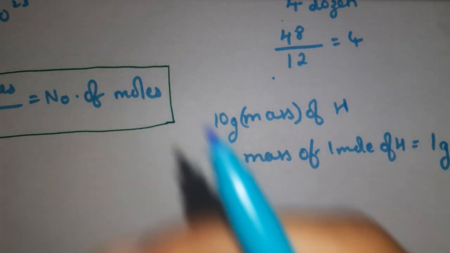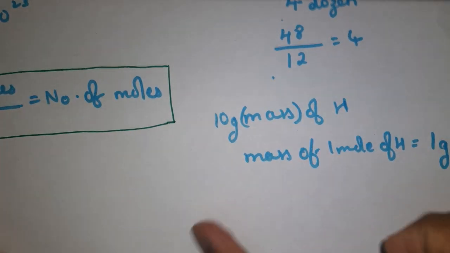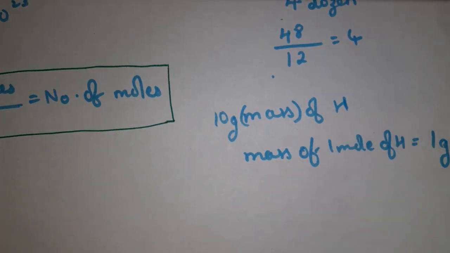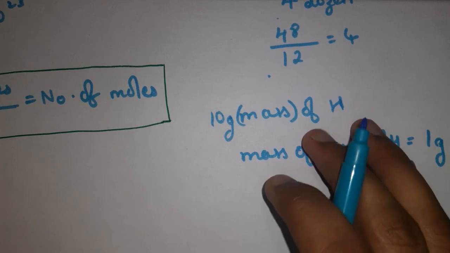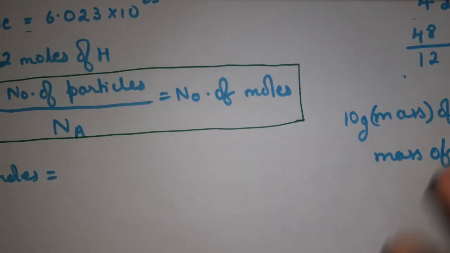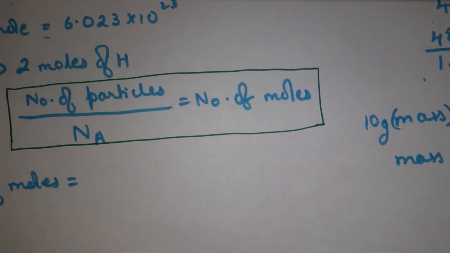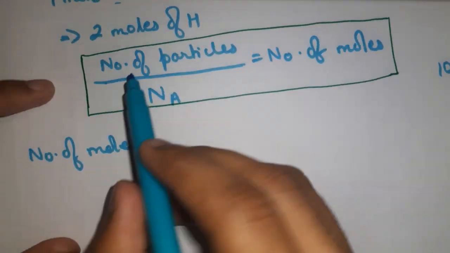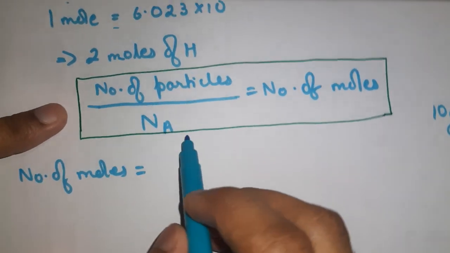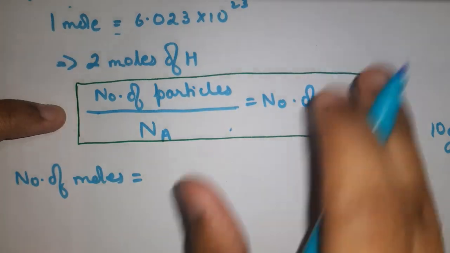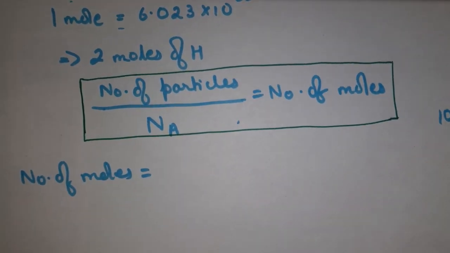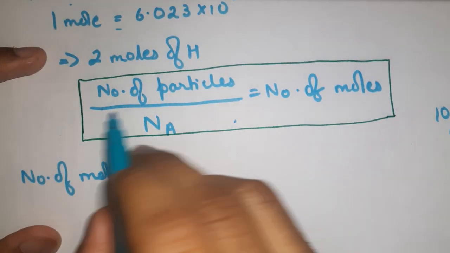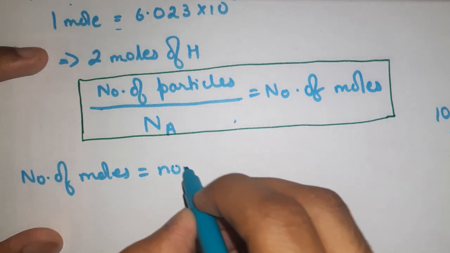Let me just explain it to you in another way, because I don't think you understood what I was trying to convey here, or maybe I was not able to convey it. See, this is number of particles divided by Na, which you agree is number of moles. That we derived, and I think I explained it well enough that you understood. Now, in this number of particles by Na,